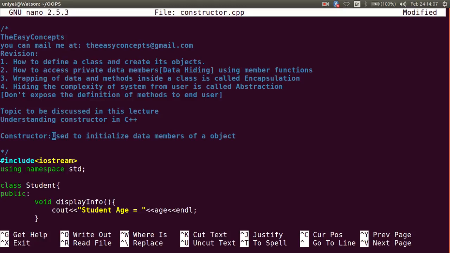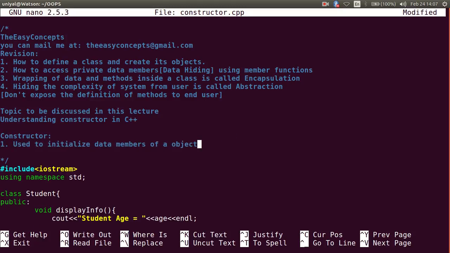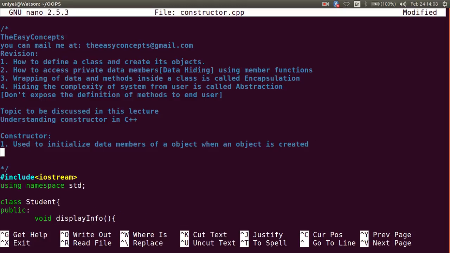I will make different points for this. It is used to initialize data members of an object when an object is created. So as soon as an object is created, we initialize the data members using a constructor.